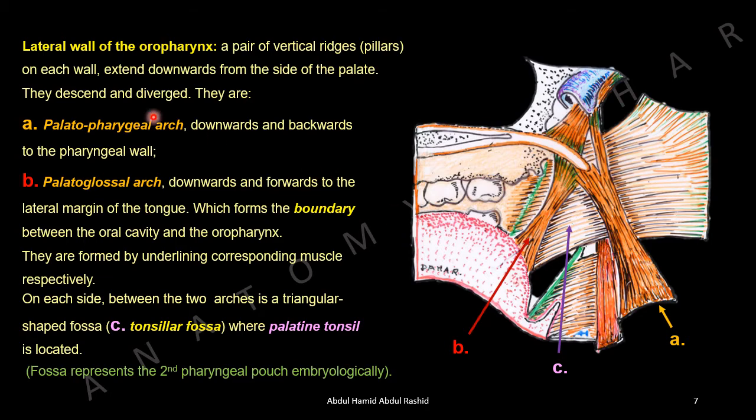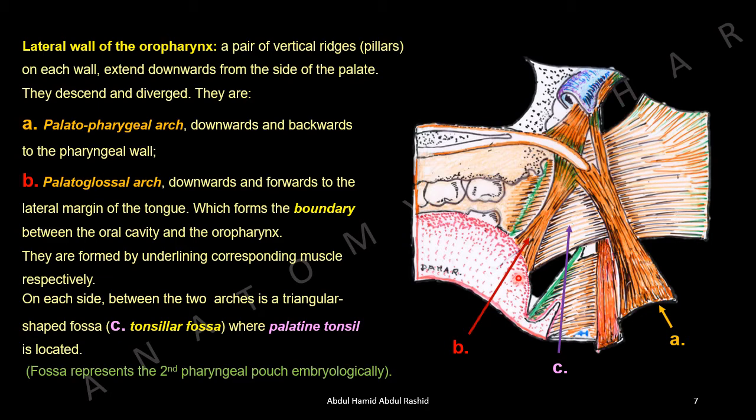Let's see the lateral wall of the oropharynx again. We have a pair of vertical ridges or pillars on each wall of the oropharynx, extending downwards from the side of the palate. Coming downwards, they descend and diverge. They are A, the palatopharyngeal arch, downwards and backwards to the pharyngeal wall, and B, the palatoglossal arch, downwards and forwards to the lateral margin